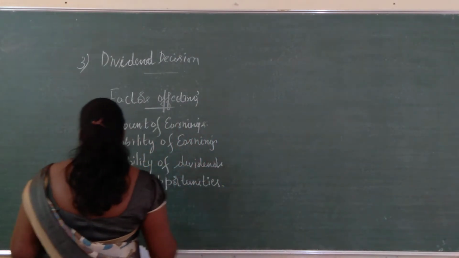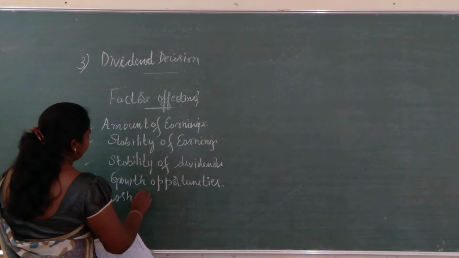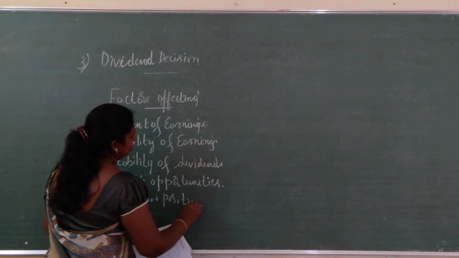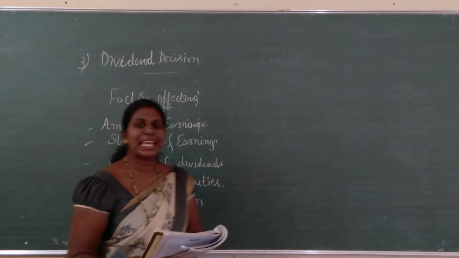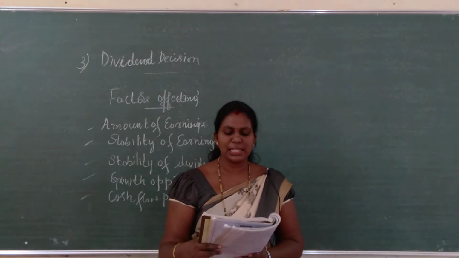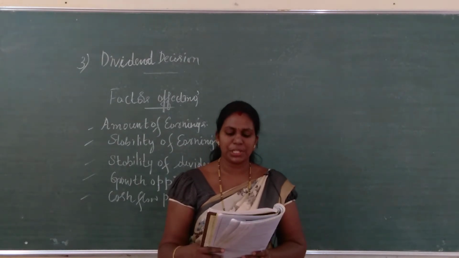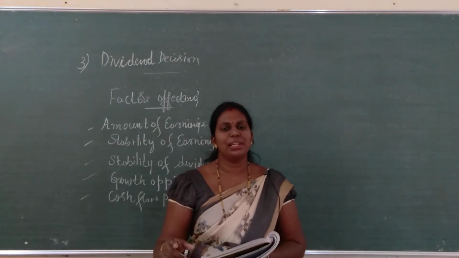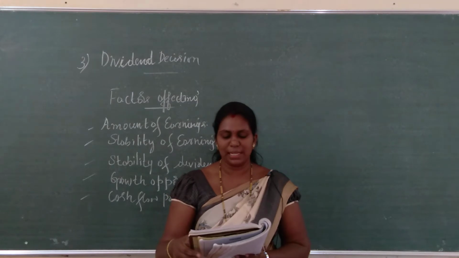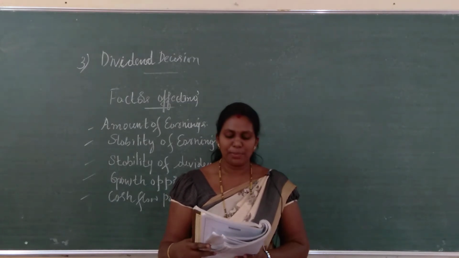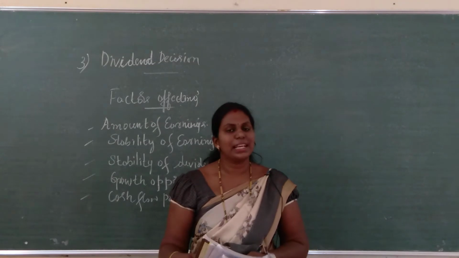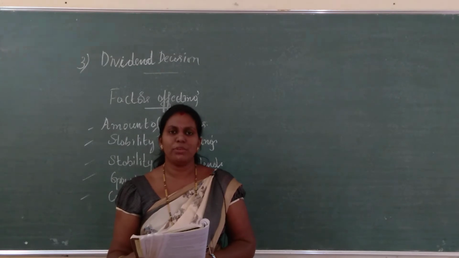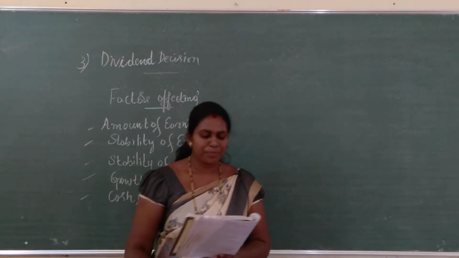Next, cash flow position. See here, cash flow position in the sense availability of enough cash is necessary for declaration of dividend. So for any company to declare a dividend, they need enough cash. For a business earning profits with a sufficient cash position, they can easily pay the dividend. And if they have a good cash position or good cash inflows, they can pay a good dividend. Okay. Yes. Next,